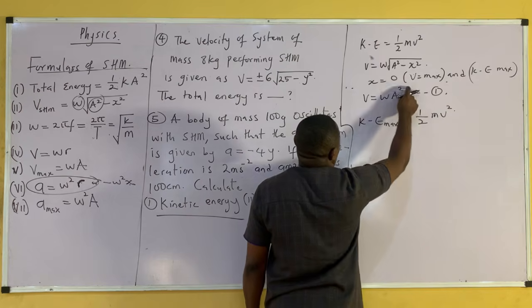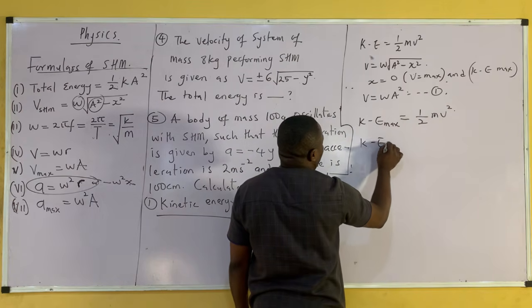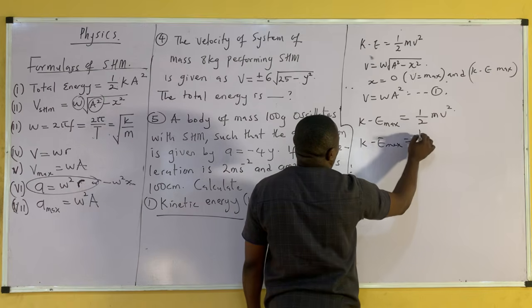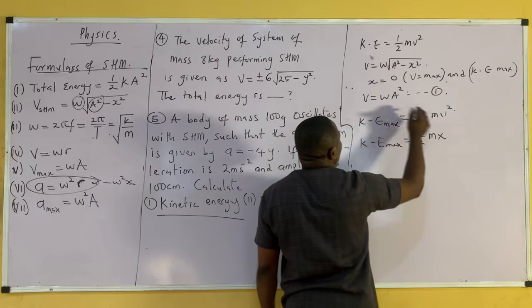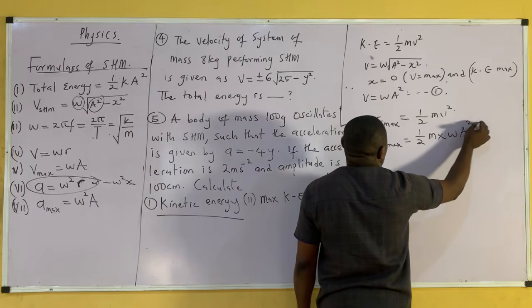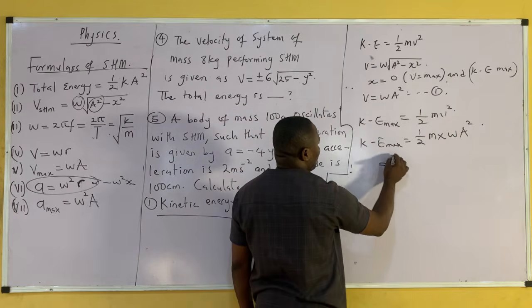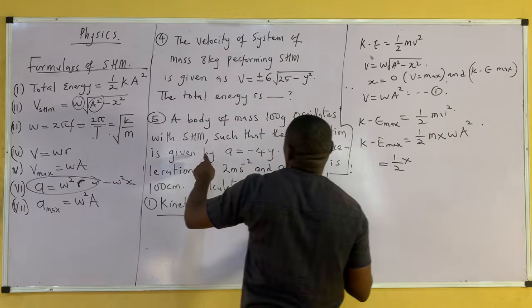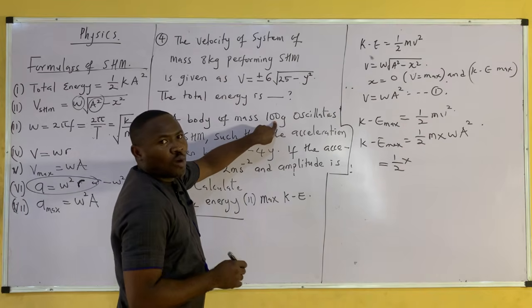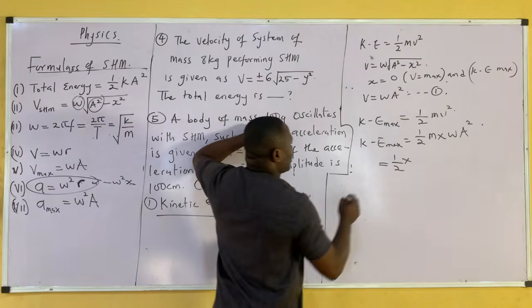What is V? V is WA squared. So kinetic energy maximum equals 1 over 2m times, what is V? V is WA squared. So this will now be equal to 1 over 2 times the mass. Remember, the mass given to us is 100 grams, which is now 0.1 kg,